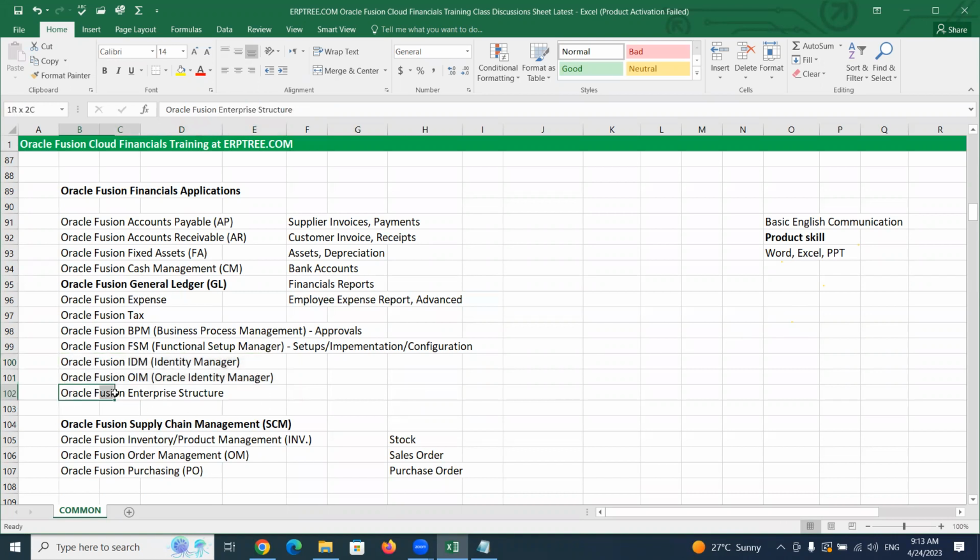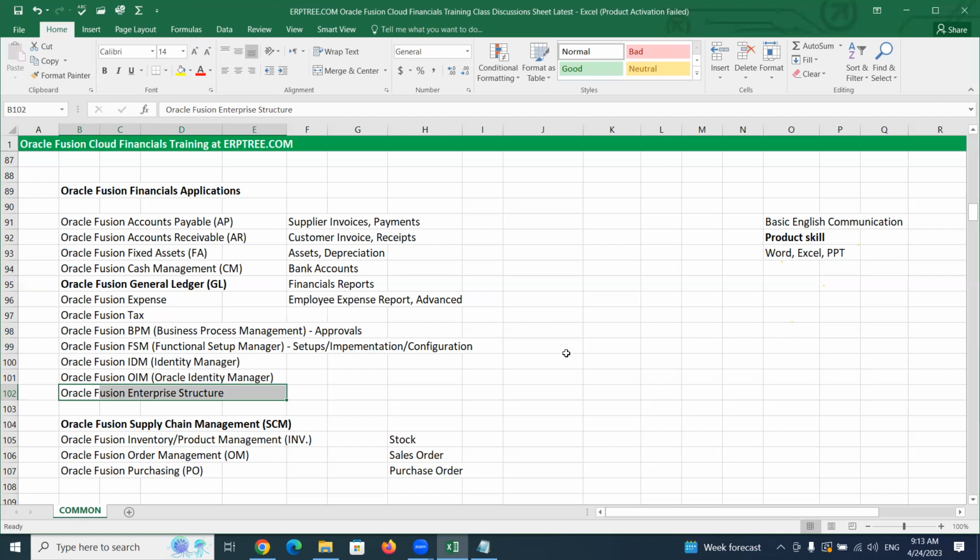And another very important one is Oracle Fusion Enterprise Structure. When we implement, once we learn this course, if you join some company, you have to work for that company's clients. Tomorrow you may join Infosys. When you join Infosys, they will have their clients for whom Infosys should implement these Fusion applications, Fusion Financials. Now you will be part of the team. You will be working from Infosys for their clients.